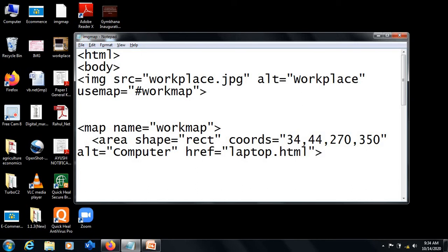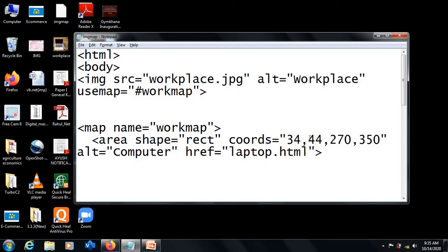You will understand the coordinates better when you check out the output. As of now, what you will have to remember is, it starts with left and then top. From left we have considered 34th pixel, and from top we have considered 44th pixel.